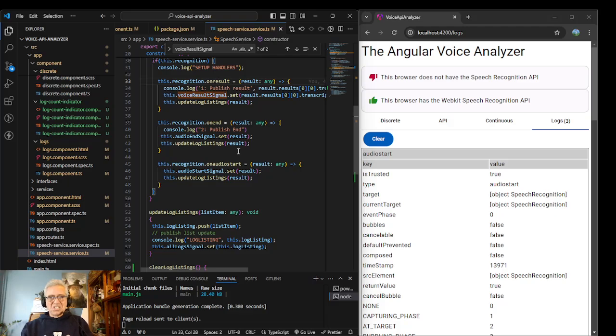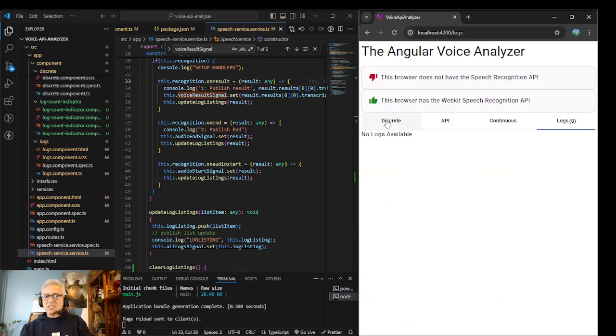I think it's just going to be as simple as adding an on start, and I think there's an on audio end that is when you get done talking. And then I think there's an on start, which is when you click the button and it's come up and all that. And if you think about it, when you look at this, let's clear this, you're not getting very good prompts there. It would be nice to know, okay, now it's ready to actually listen to you. Now it's not listening anymore, something to indicate.